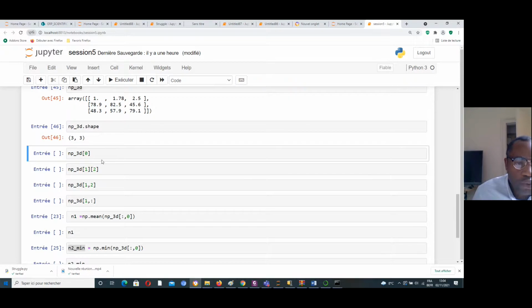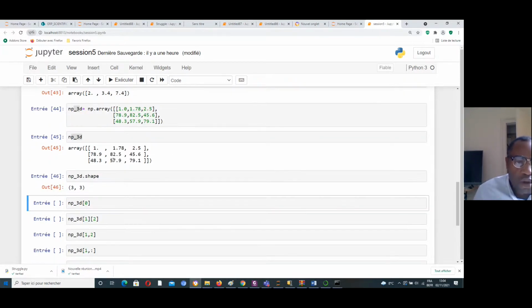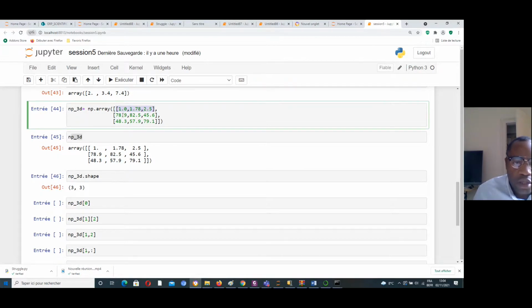If I want to access the first element of this list, here is the first element, here is the second element, here is the third element. The index of the first element is 0. The index of the second element is 1. The index of the third element is 2.